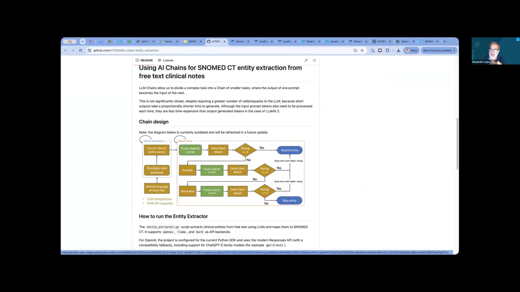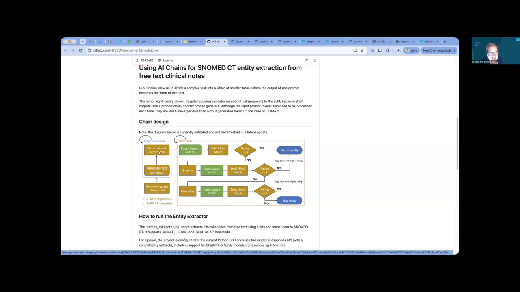And it's a reasoning chain. Yes, it's something that will first extract clinical entities using AI, and then it will use a terminology server to match the entity. And that's the great value. If you ask an old model to say, what's the code for asthma in SNOMED, it will probably invent the code right away because it's just a model that is regurgitating training data. And it's inventing every word and also invents the code.